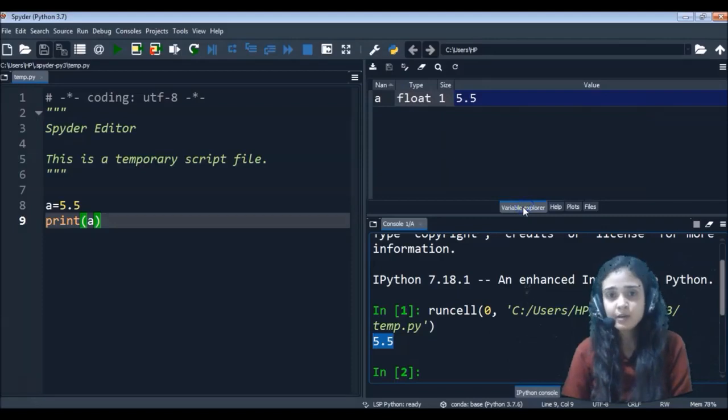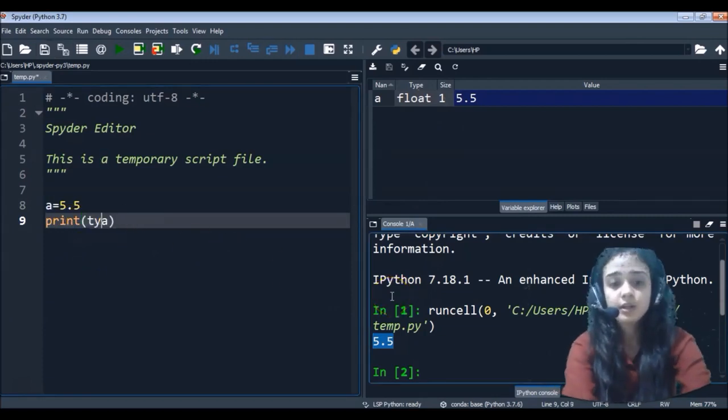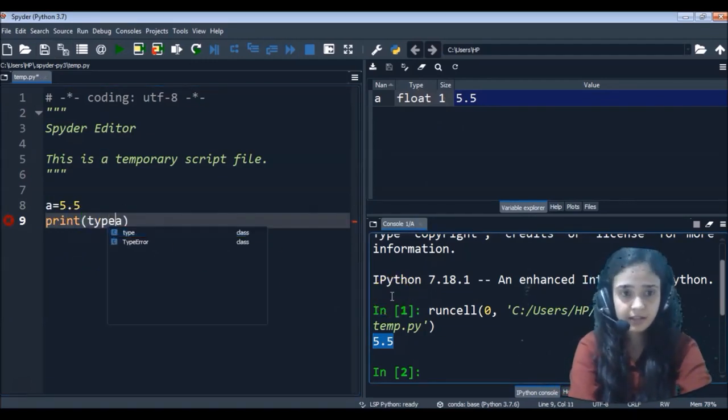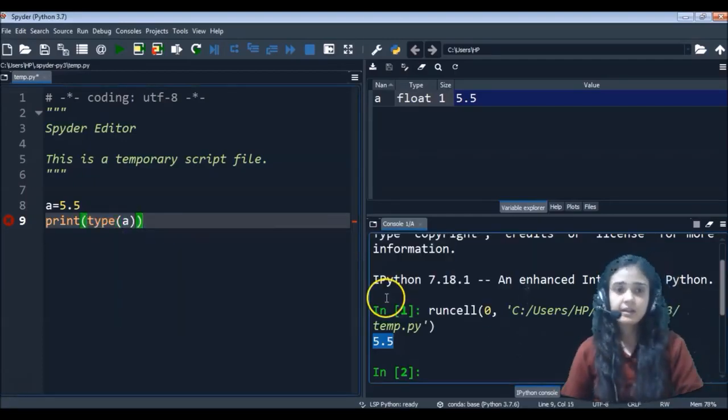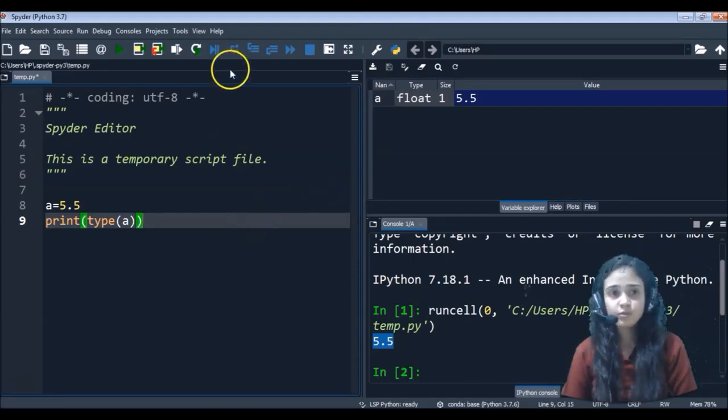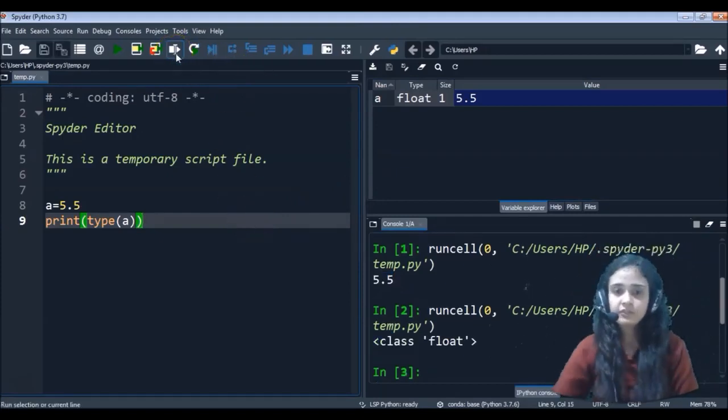In the upper panel, help is selected by default. Go to the variable explorer over here and it is showing that the variable value is 5.5 and its type is float. If you want to see the type of the variable in the console, then you can write print type of a, like this. To run this code, just press Shift Enter.